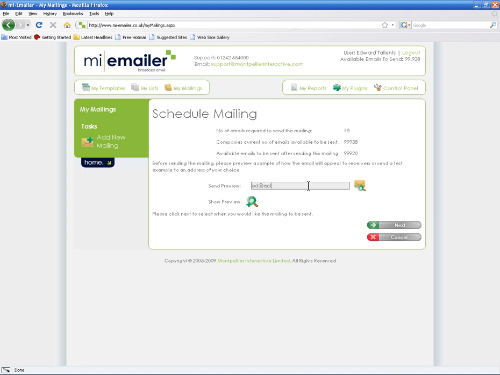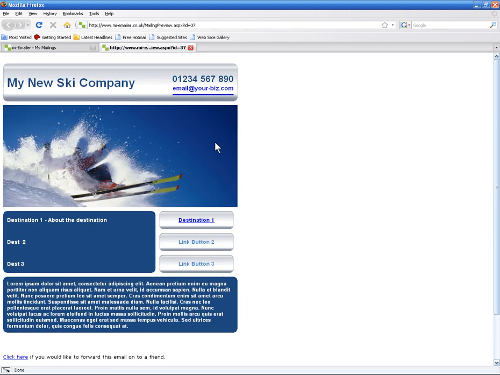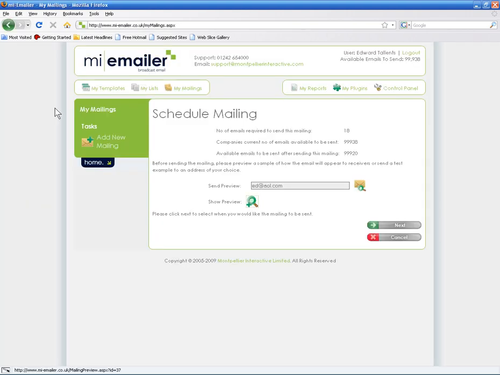So you can then send yourself a preview to your email address and just check that it opens correctly and images are displayed and that the content is correct. Maybe send it to somebody else so that they can proofread it, or you can also just click show preview and that shows it in your browser. But due to the way that different browsers and email packages work, it's definitely worth sending it to yourself just to make sure. So if you now click next,